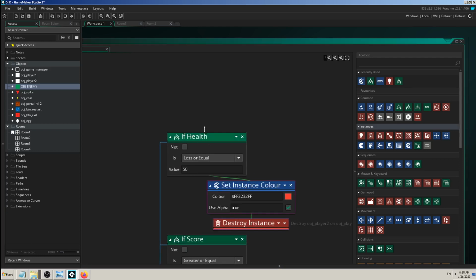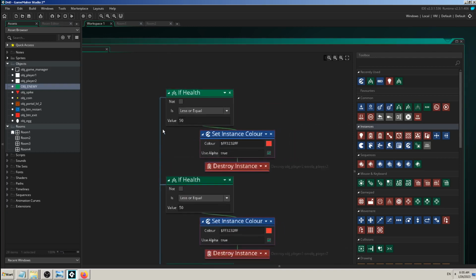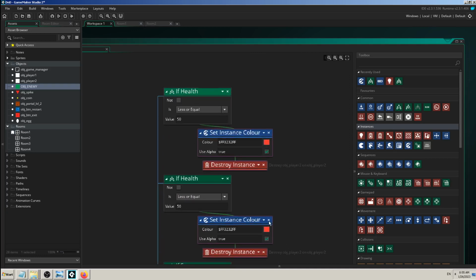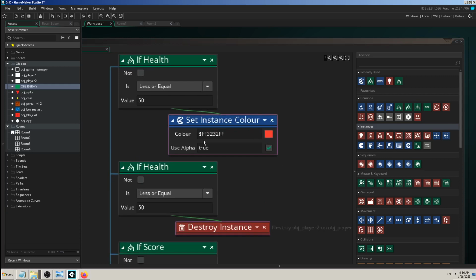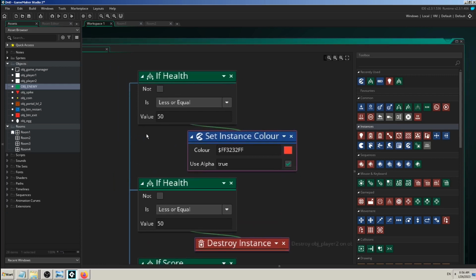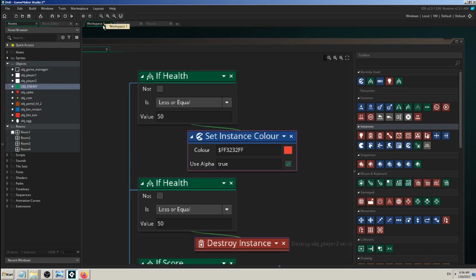I will copy this, just to copy paste. Let me see what will happen. If health, it pasted it below with this. I don't need this, and what I wanted to do was create two health conditions. One, when my player's health is less than 50, then change to red, like he is wounded, take care, watch out. And when my